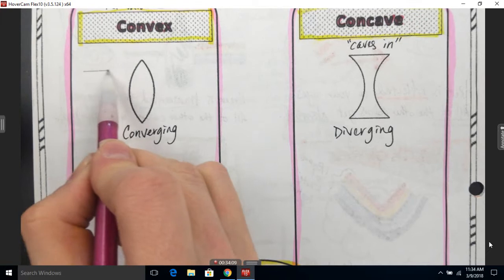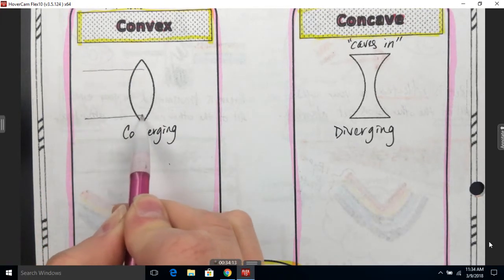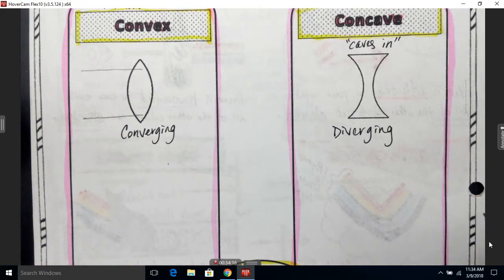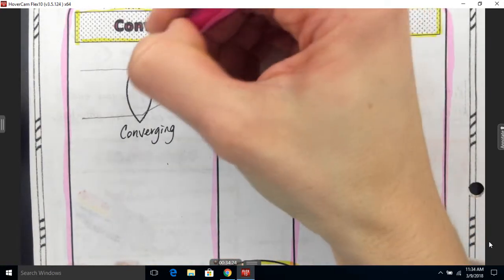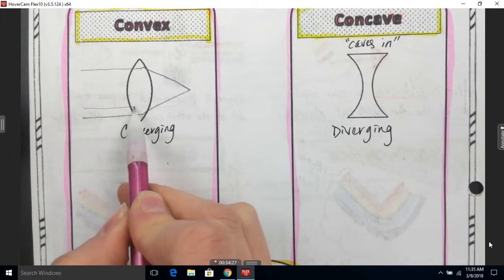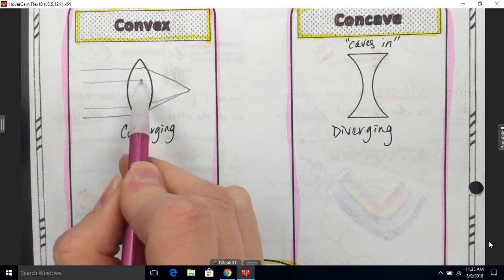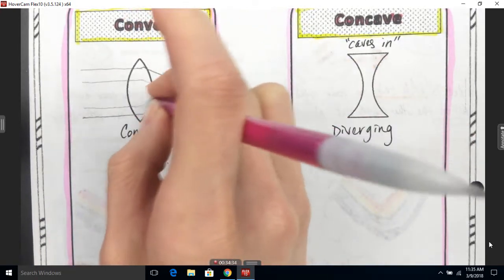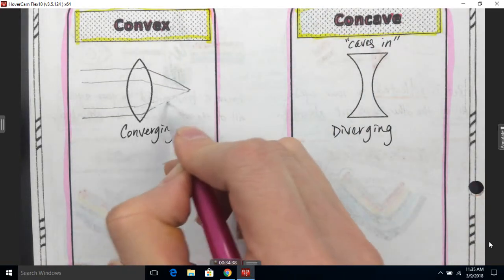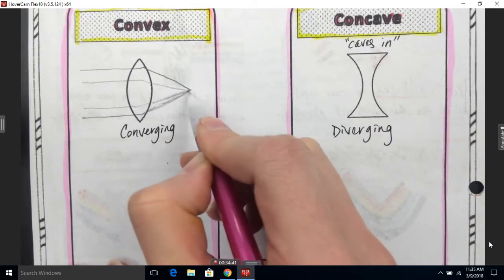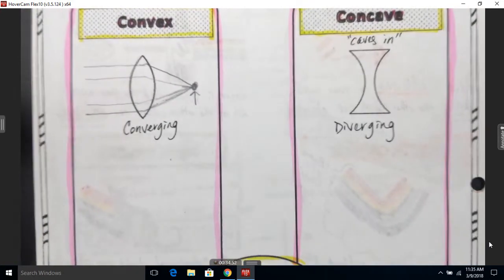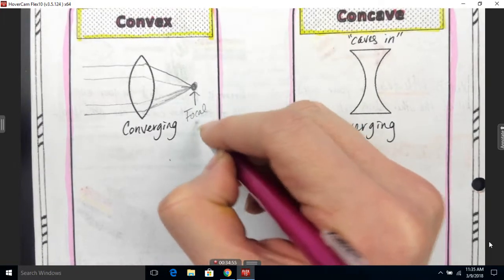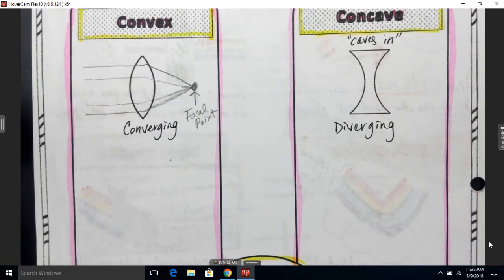The light comes into the lens and bends. I'm going to have trouble drawing this because I didn't draw it right. It bends all to one spot. So all my light is at that dot right there. All of my light bends to one spot. That spot is called the focal point. Okay, so